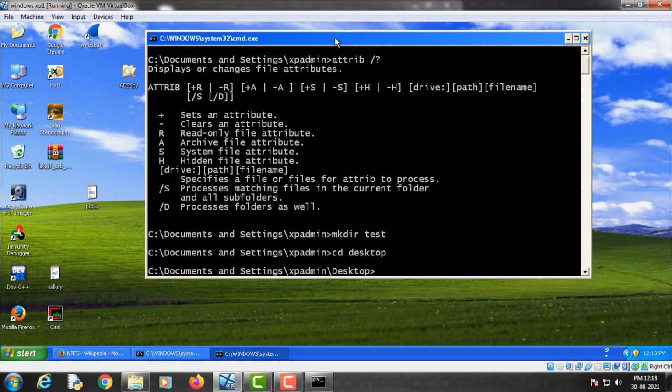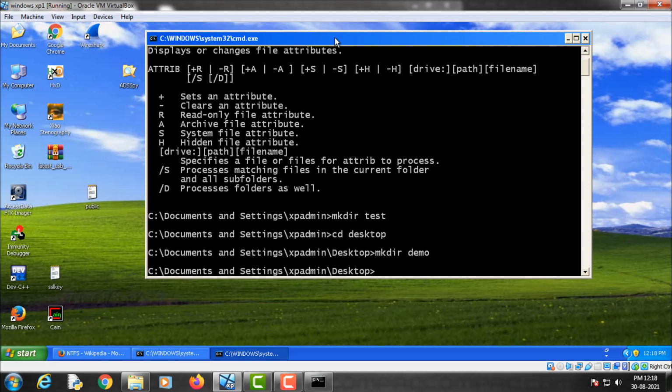Now let me use the command mkdir test, or let's just name it demo. So now as you can see, the folder demo has been created.